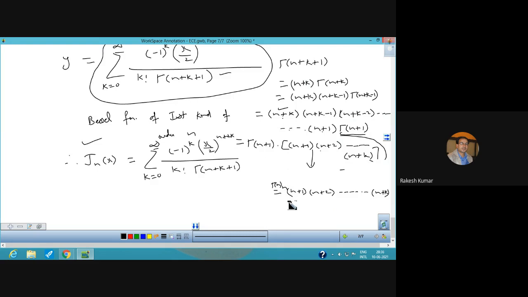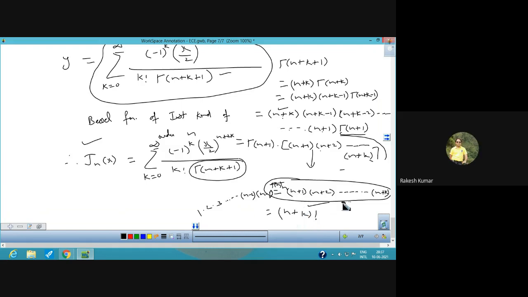So what I just want to say is that the value of this term gamma n plus k plus 1 can be written as n plus k factorial. This becomes a factorial because gamma n will expand further. If we want to expand gamma n, then removing gamma n from here, after n you will have n minus 1, then n minus 2, and so on, and at the end 3 into 2 into 1. So from 1 up to n plus k, that is total n plus k factorial. So the expression for this term can also be written as n plus k factorial. This is just what I want to say.